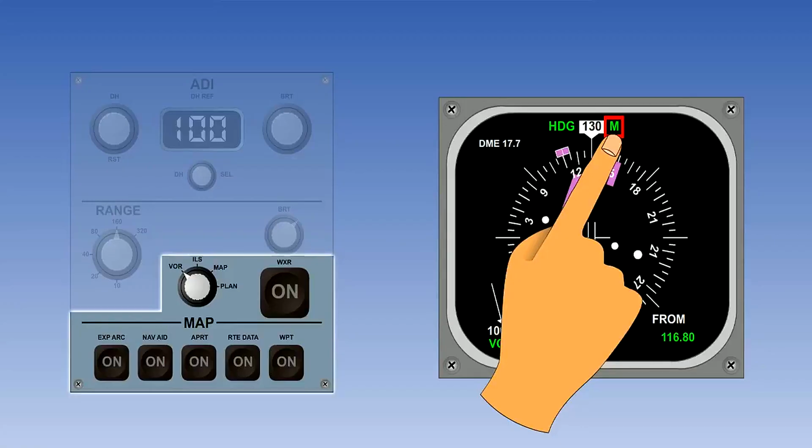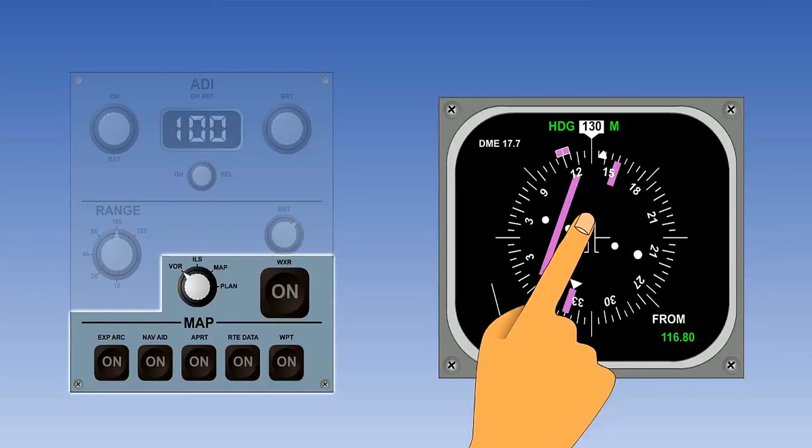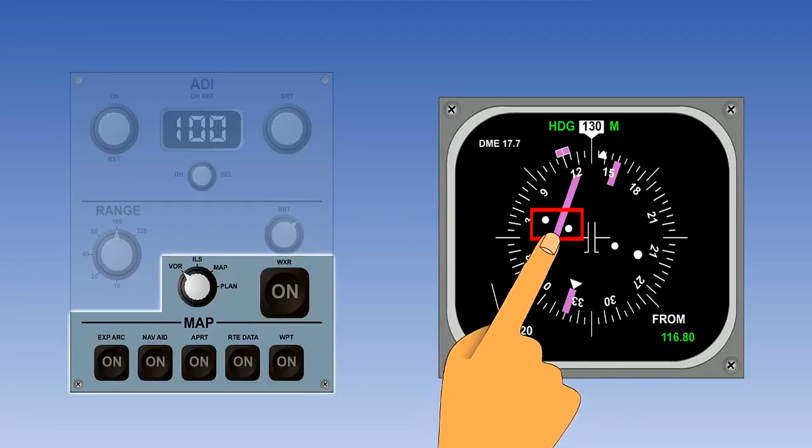If we look now at the information overlaid on the compass rose, we can see that the course selection is displayed by the magenta course indicator, which in this case is showing a track set of 150 degrees. Any track deviation is shown by the magenta course deviation bar, which can move across a 2 left or 2 right deviation scale.